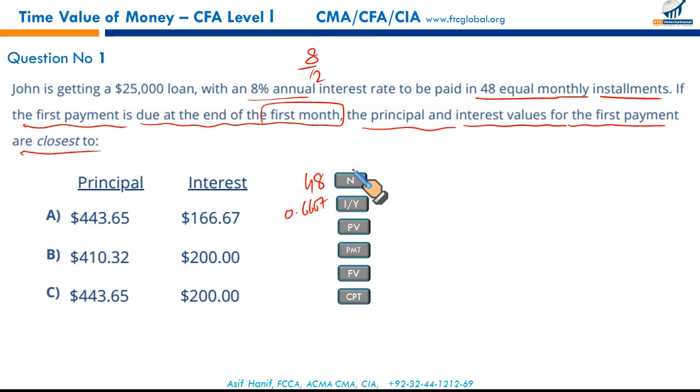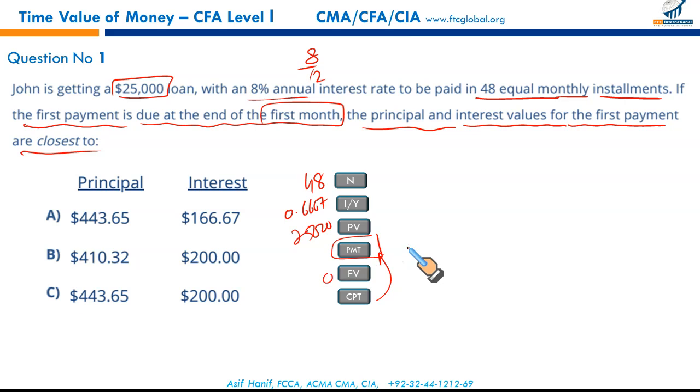0.6667 as it is. You don't need to enter the percentage sign. So the amount that has to be redeemed, the amortization of the loan, $25,000 is to be repaid. What should be the payment? This is to be calculated, and the future value is 0. You simply punch in the numbers and press CPT. You should get your result.